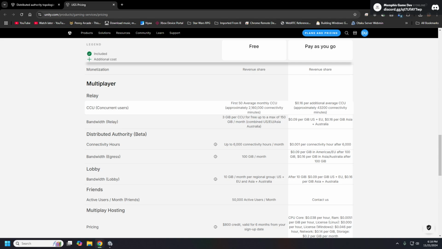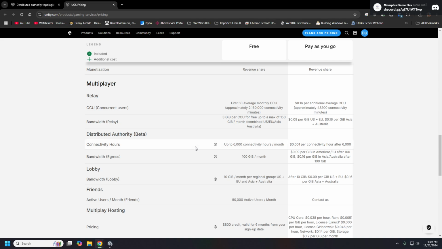which works out to be 36,000 hours per month. For distributed authority, it is 6,000 hours per month, which I think works out to an average of 8 users per month. So it is a little bit more expensive than Relay, but distributed authority does a whole lot more, and we'll get into what all that means in just a second.